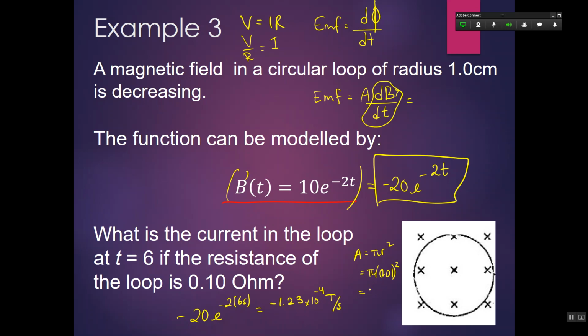Units? Yeah. Very good. And so now we can figure out what our EMF is. It's going to be 3.1 times 10 to the negative 4 meters squared multiplied by, well, I'm going to drop the negative, 1.23 times 10 to the negative 4 Teslas per second. That's going to give me an EMF of